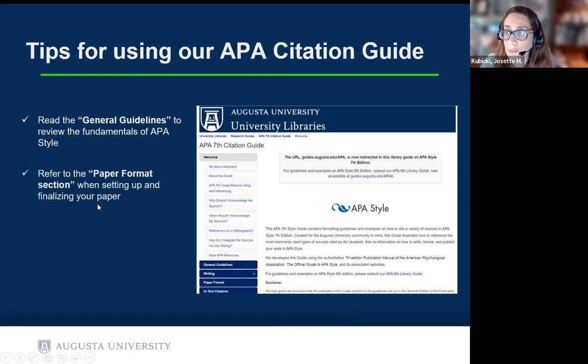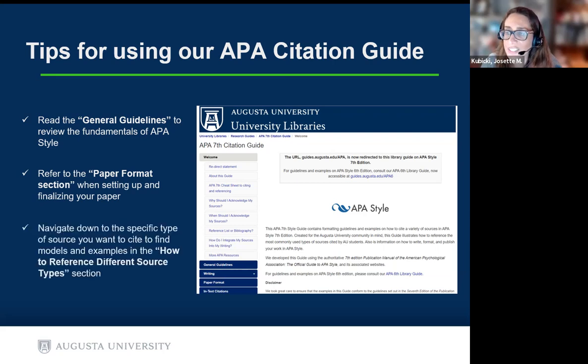Refer to the paper format section when setting up and finalizing your paper. This paper format section details how to set up your paper according to APA style and includes downloads that you can work with. For example, you could download a template, and you could download a paper and you can save it as a template to use. And also,